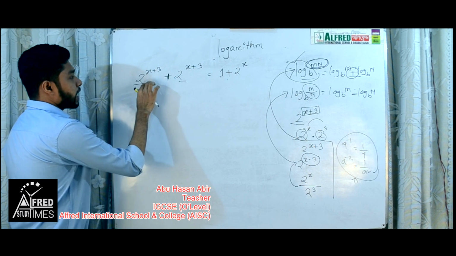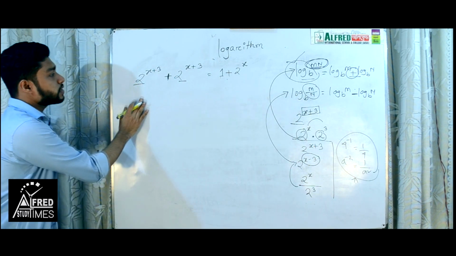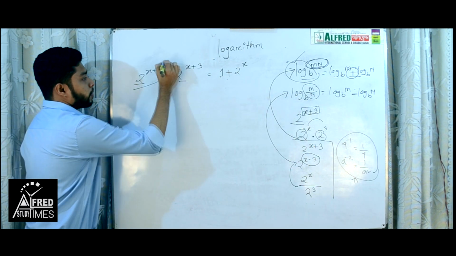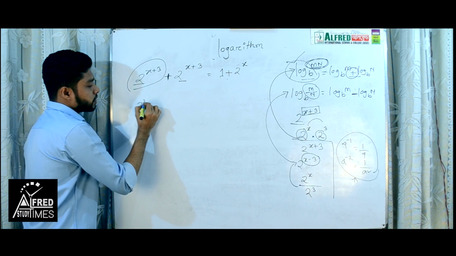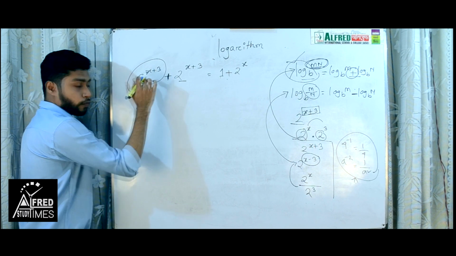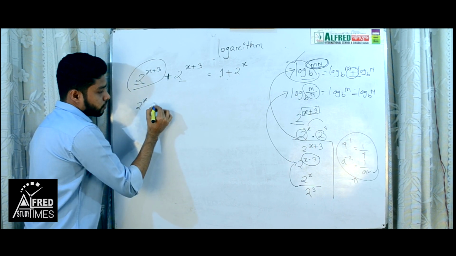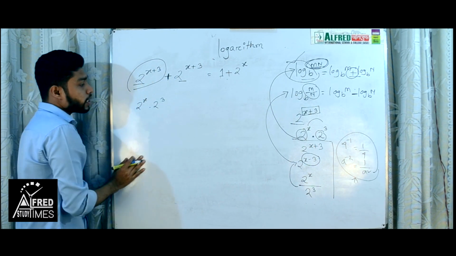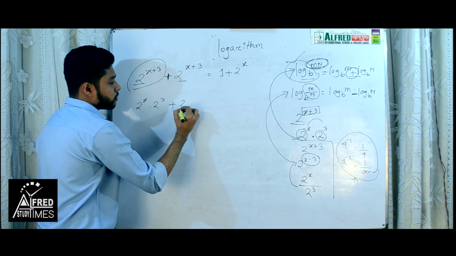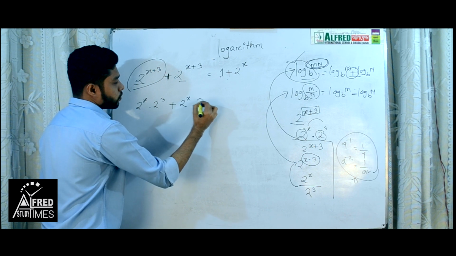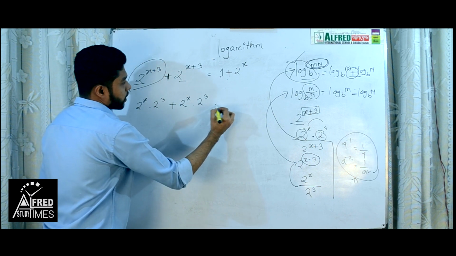Okay, now I write it about it. Right here, we can write it like this, my previous rules: 2 to the power x, positive, we take multiply to the power 3. Plus, same as, we can write here 2 to the power x to the power 3.